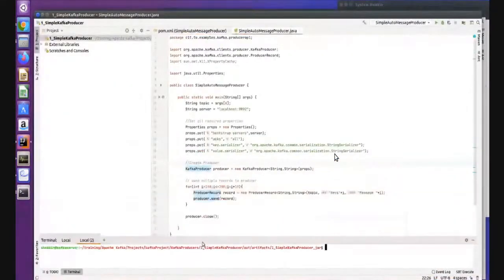So in the same way, I will create my producer as well. Just we are using a different API, the producer API, whereas before I was using the consumer API.